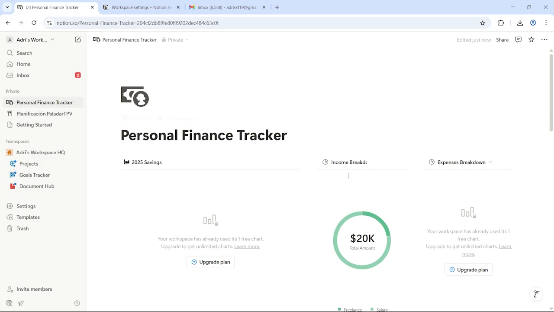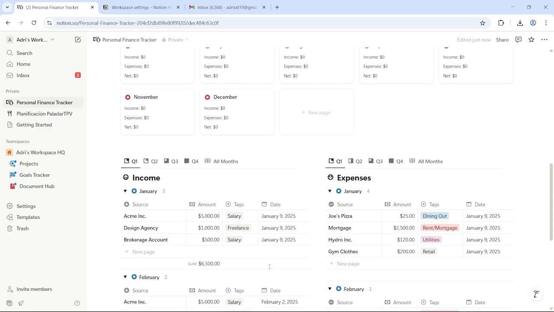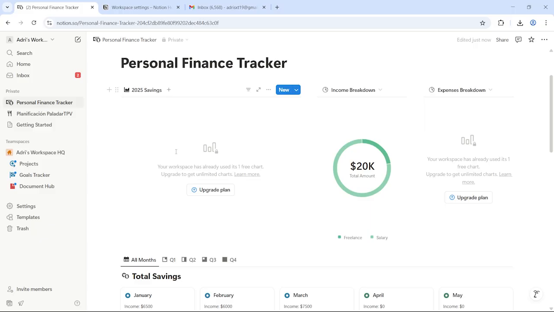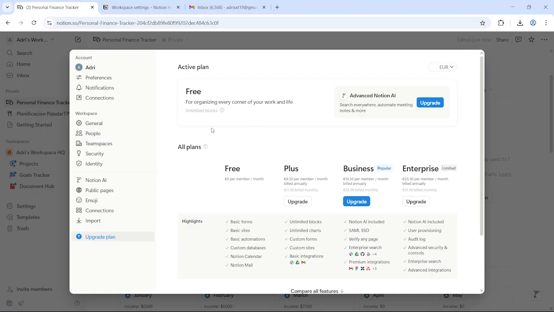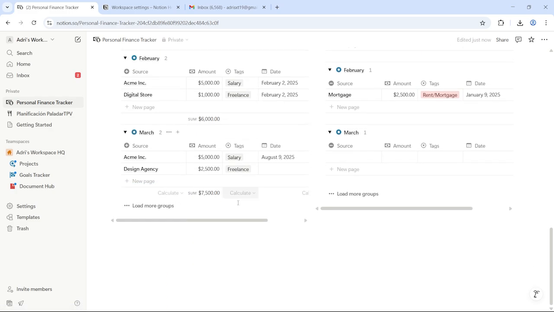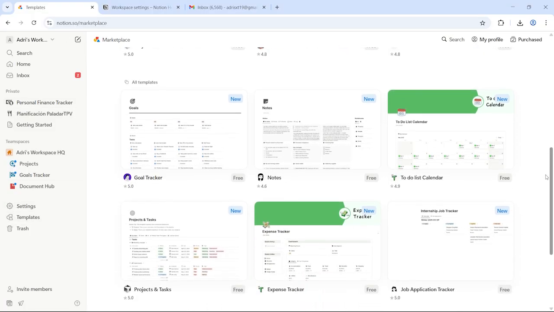So in this case, this is a finance tracker, but depending on the template you want to use, you will have different features. So as you can see, this template has a lot of different information, but depending on the plan you have, as you can see, for example, right here, there is a limit on the charts you can use. So there are some things you can't see unless you upgrade your plan or you have an upgraded plan already. So in my case, I'm using the free plan, and that's why I don't have access to some of the features of this template. But it's still very useful, and I'm sure you can find a free template that will help you increase your